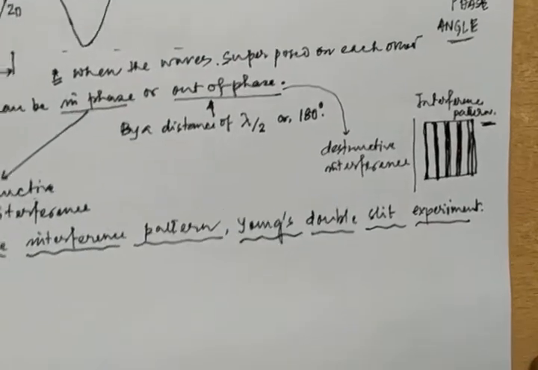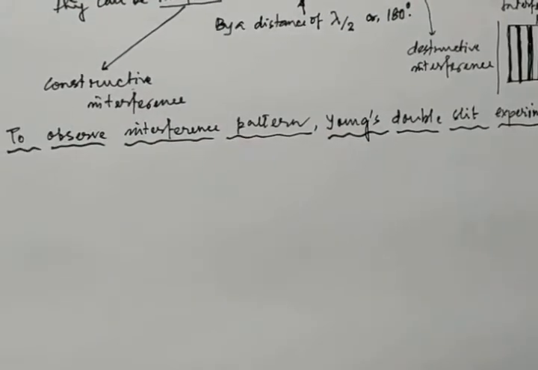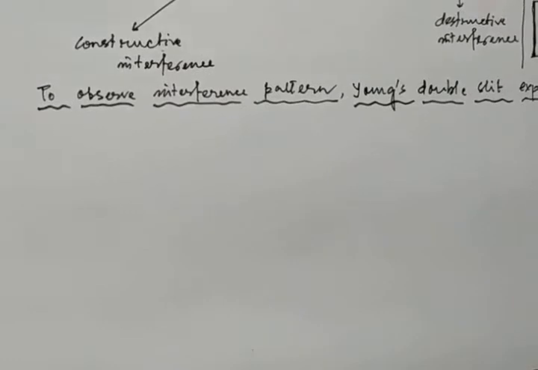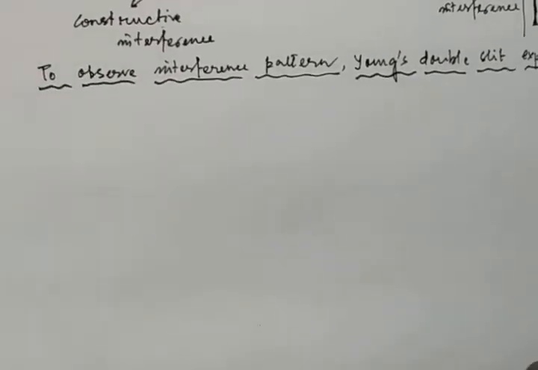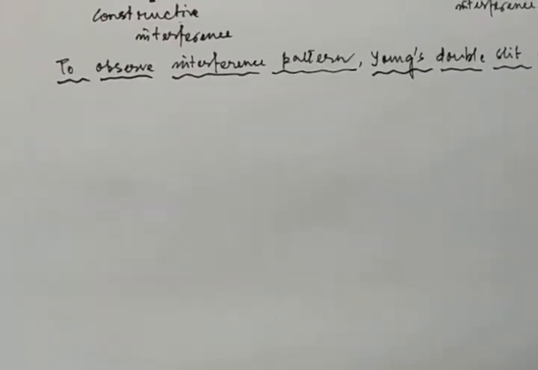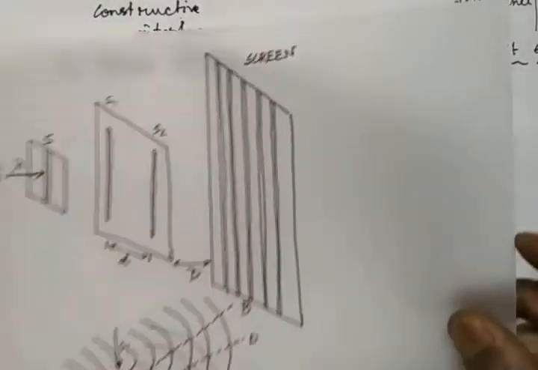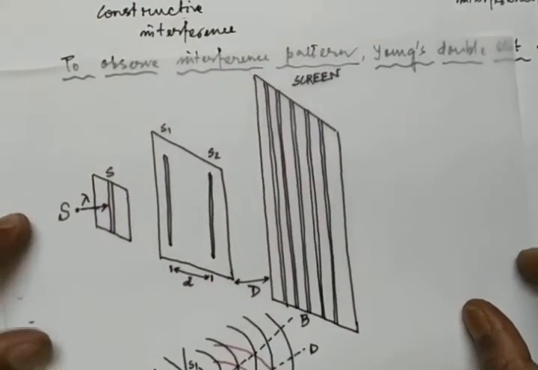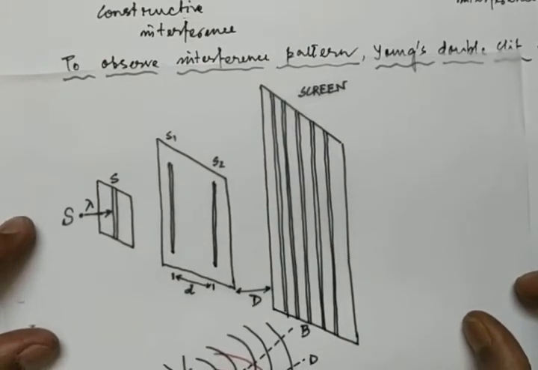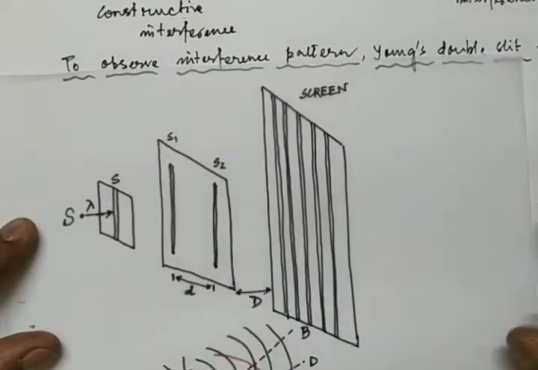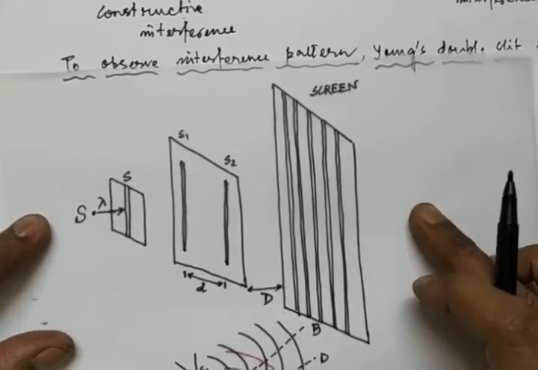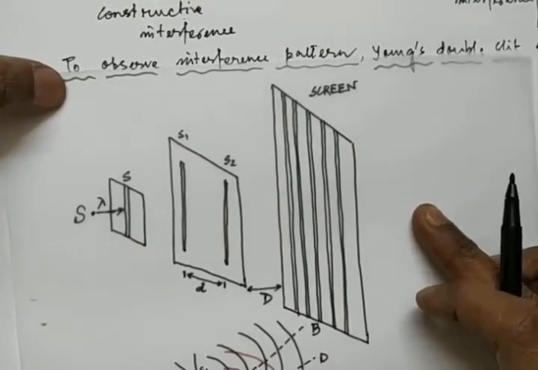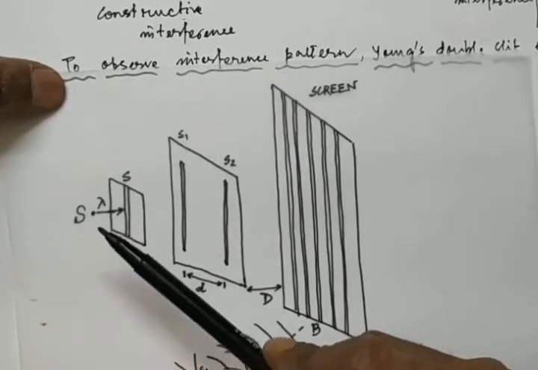तो थोड़ा सा एक एक्सपेरिमेंट देखते हैं. वो एक्सपेरिमेंट का नाम क्या है? यंग्स डबल स्लिट एक्सपेरिमेंट. ओके, सो द एक्सपेरिमेंटल सेटअप इज ऑलमोस्ट लाइक दिस. जस्ट वेट, आई विल शो यू the setup for the experiment. दिस इज द सेटअप फॉर यंग्स डबल स्लिट एक्सपेरिमेंट. ध्यान से देखो, ऊपर वाला डायग्राम देखो ध्यान से. ओके, इट कैन बी सीन. वेरी गुड. सो see here, this is a source of light.